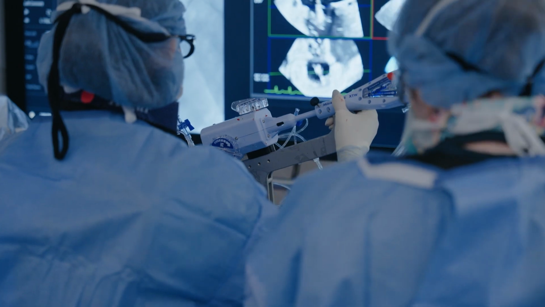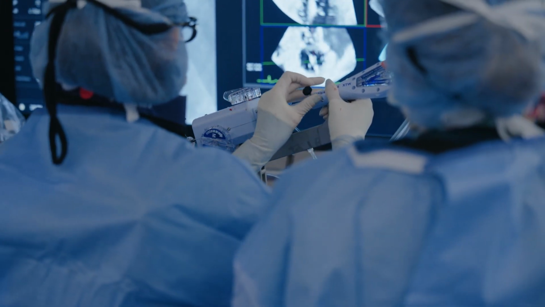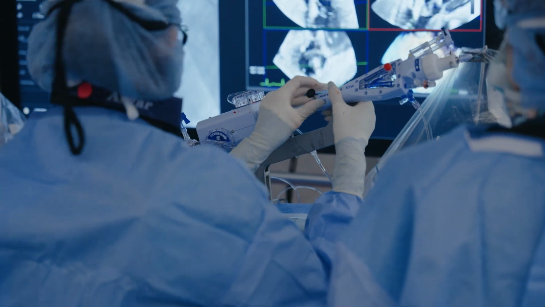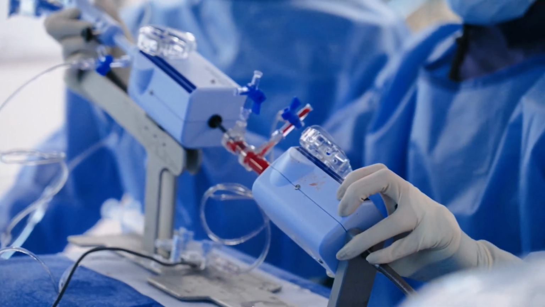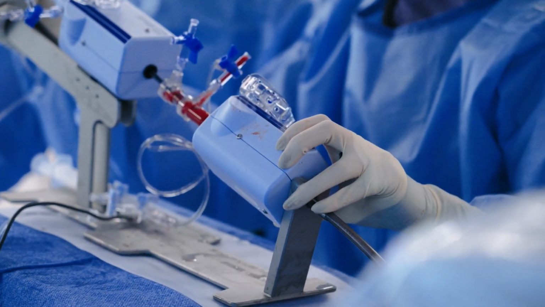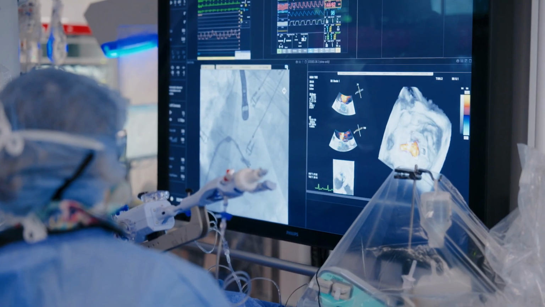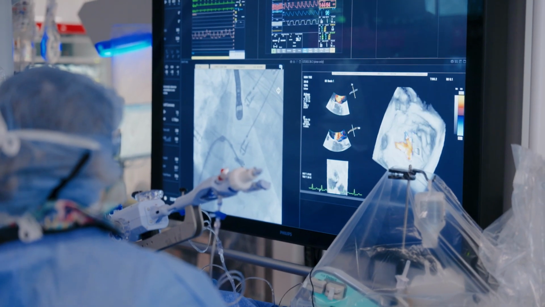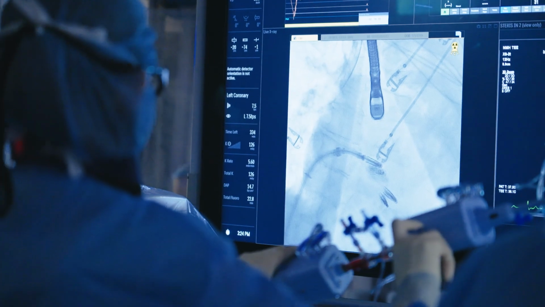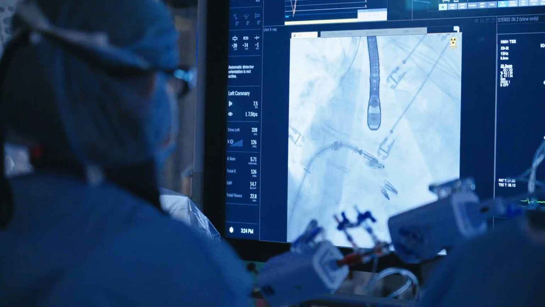Transcatheter mitral valve repair, it's a very safe procedure. It can be used in patients with either primary MR or secondary MR. We do 4 patients a day on average. We've treated patients anywhere from young, sort of high-risk patients all the way up to 95 years of age. And they go home next day, and to see the impact on them, it's really amazing, actually.